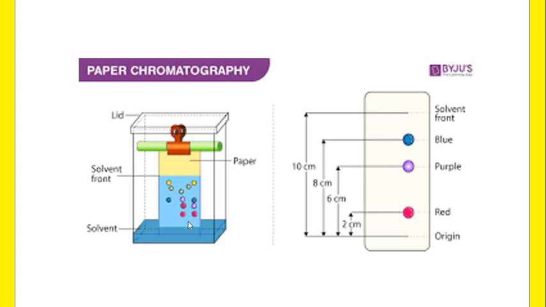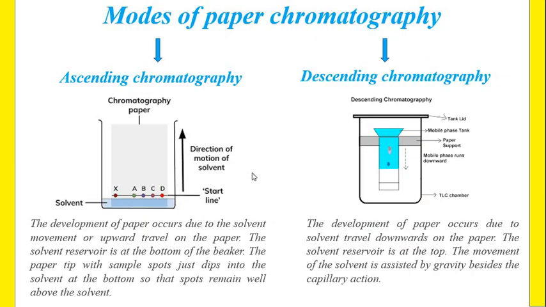It is a planar chromatography system wherein a cellulose filter paper acts as a stationary phase on which the separation of components of a mixture occurs. In paper chromatography, we take a filter paper and draw a line near one of the tips of the filter paper, about 1.5 centimeters above the edge of the paper. On this line, the compounds to be separated are applied in the form of a drop through capillary tubing.